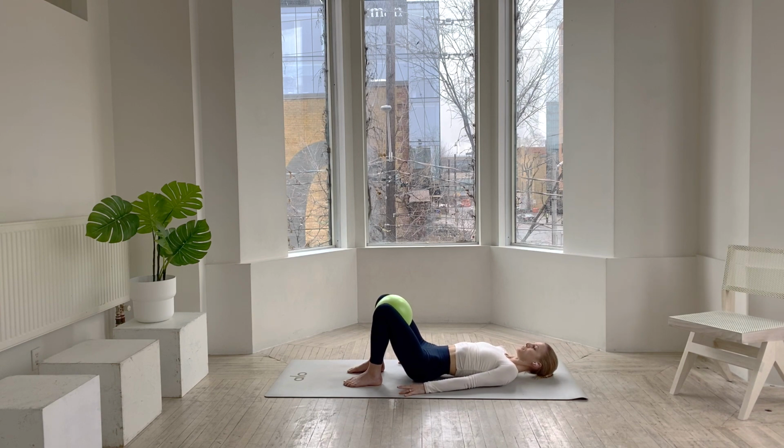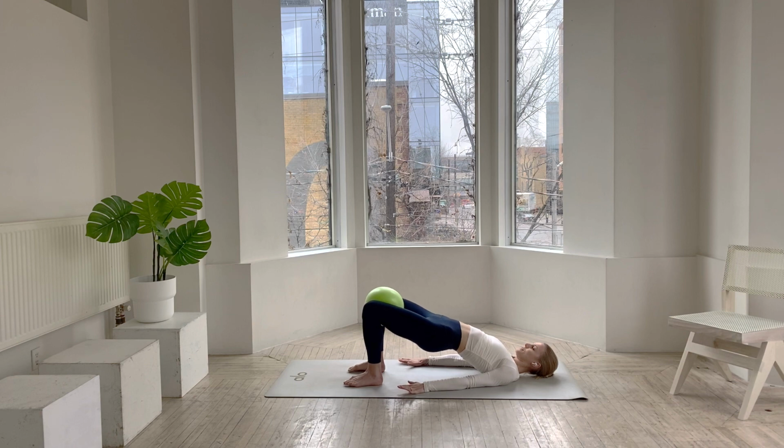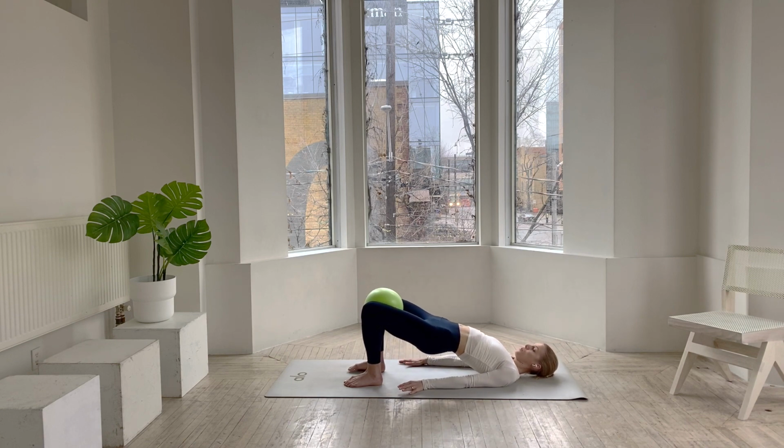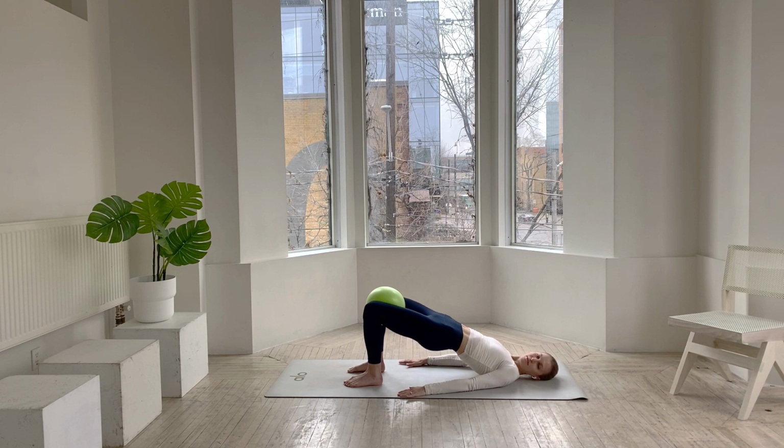Let's go 1 more slow like that. We start, tuck the tailbone, lifting all the way up 1 vertebrae at a time. Take a nice deep breath at the top and lower all the way down. Slowly articulate. All right, on this next one, we're going to lift all the way up. So tuck that tailbone, come all the way up. Hold it here. We're going to start tapping the bum, keeping a nice flat back, and then lifting through the